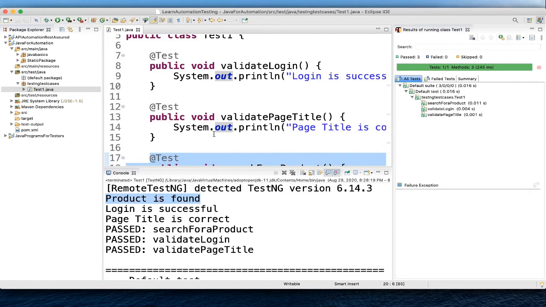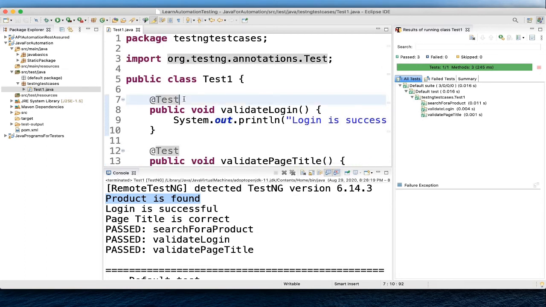So if you want to run in your own sequence, then you need to define a parameter priority to all these tests. Parameters are keywords that modify the annotation's function. If we don't mention any priority, TestNG will execute the @test methods in alphabetical order of their method names, irrespective of their place of implementation in the code. So how will we do that? Let's assign a parameter priority to each test and execute it. How can you do that?